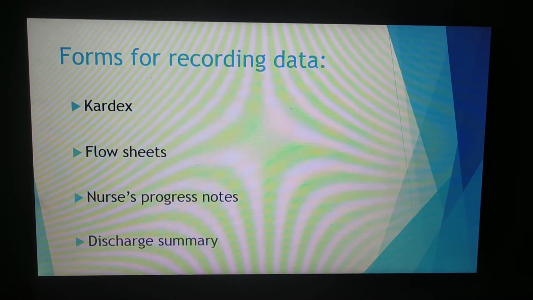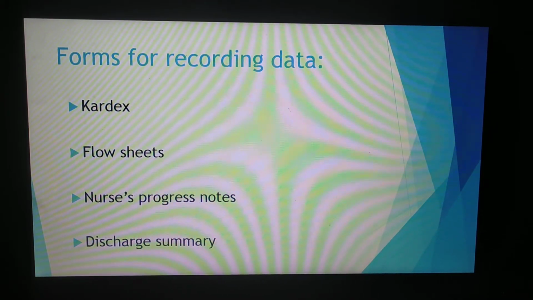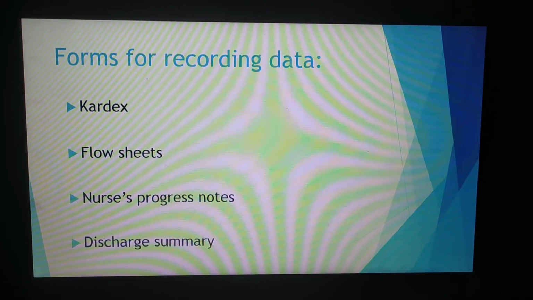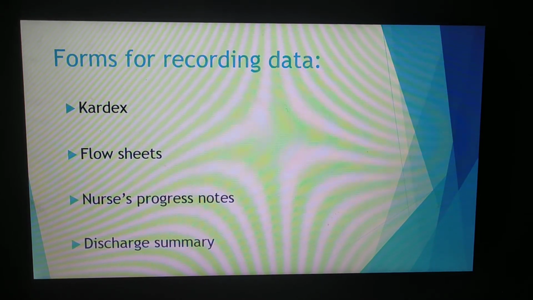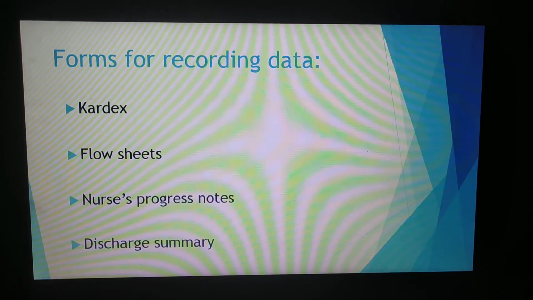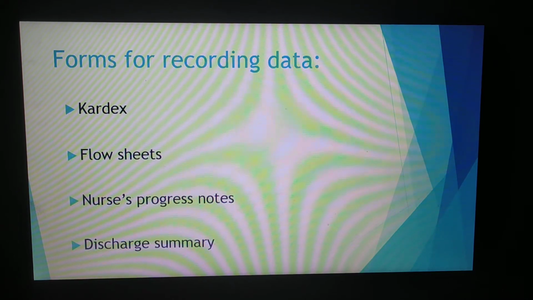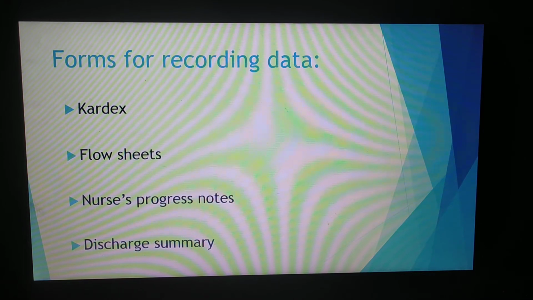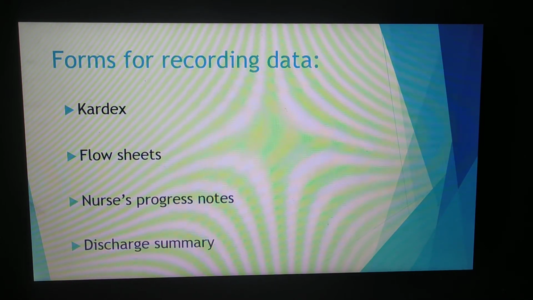The flow charts relate to the disease condition and the protocols used in the hospital at certain wards. In the nurses' progress notes, we record what treatment interventions are implemented on the patients, and what the client's response is to a particular activity or action taken by the multidisciplinary team members and the nurse. The discharge summary should be written as a narrative story and in a clear format.